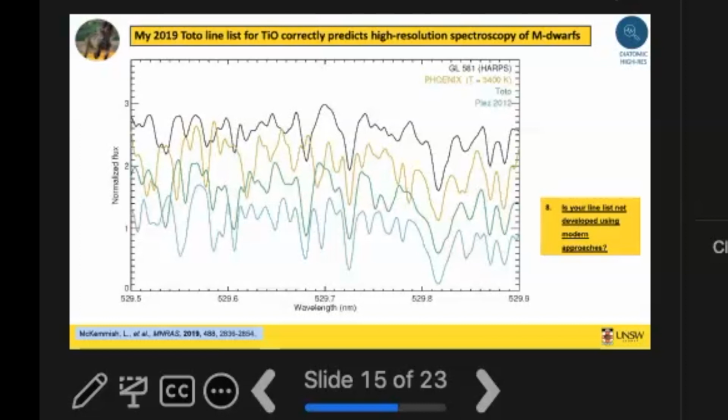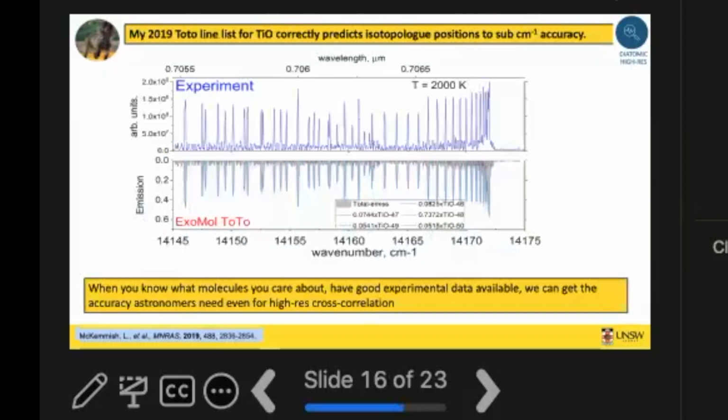So communication. This one I'm showing you just because I think it's really pretty. The top one is the experiment, and the strong lines, you think, okay, they're the signal. And all these little lines, I thought, oh, they're just going to be noise in the experimental spectra. It's not noise. Literally, all those little lines are isotopologues. So instead of being 48 titanium, it's 49, 46. And if you model all those properly, you reproduce the experimental spectra really, really well.